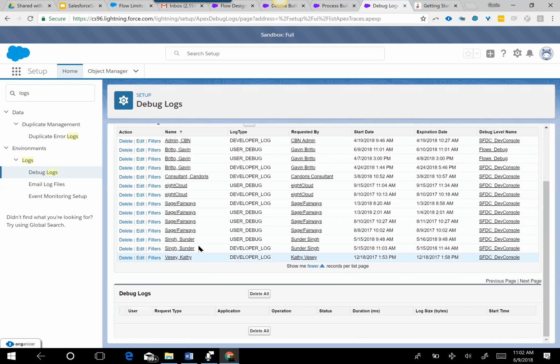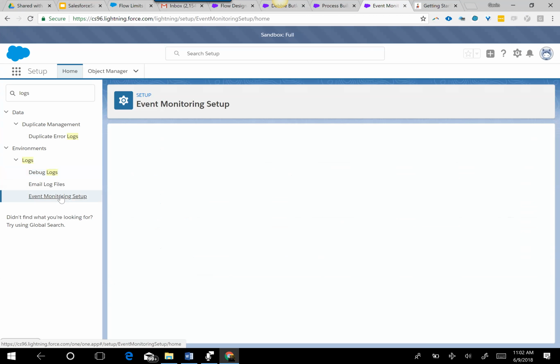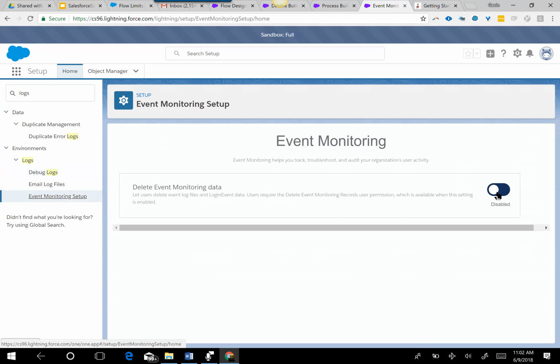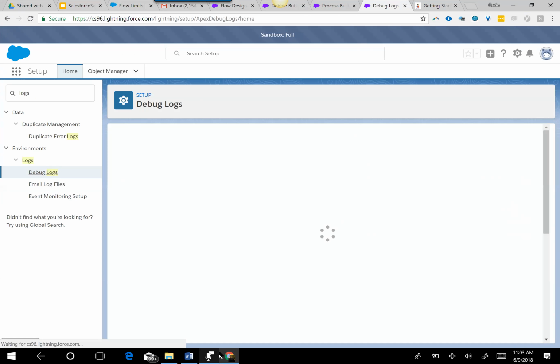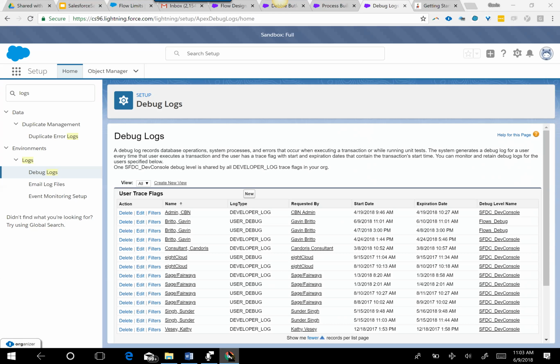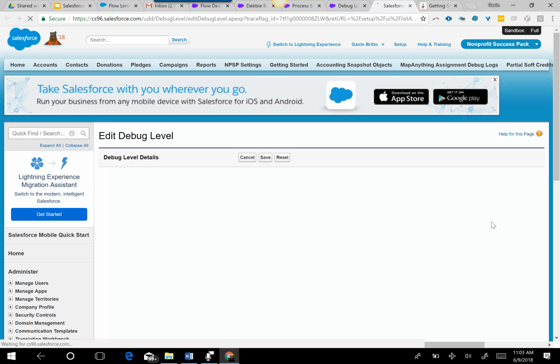whenever there's an error, you can go back to these logs and always monitor your flow. It's disabled. So you go in here and you can